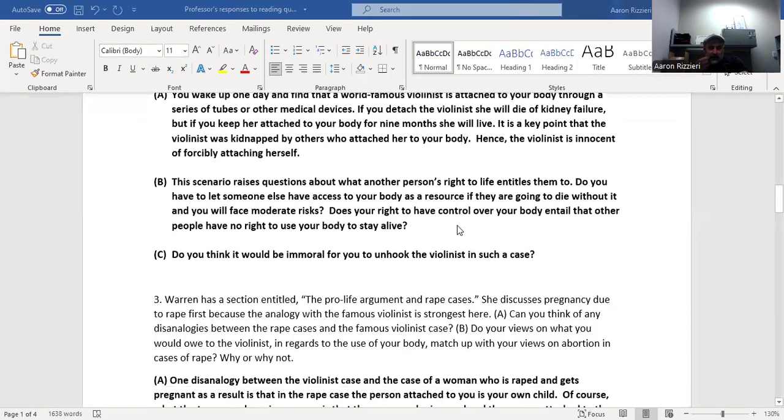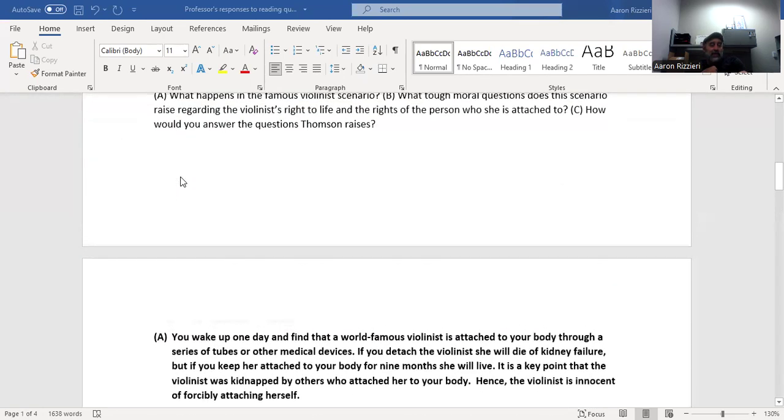So, this scenario raises questions about what another person's right to life entitles them to. Do you have to let someone else have access to your body as a resource if they are going to die without it and you will face moderate risks? Does your right to have control over your body entail that other people have no right to use your body to stay alive? And if we scroll back,